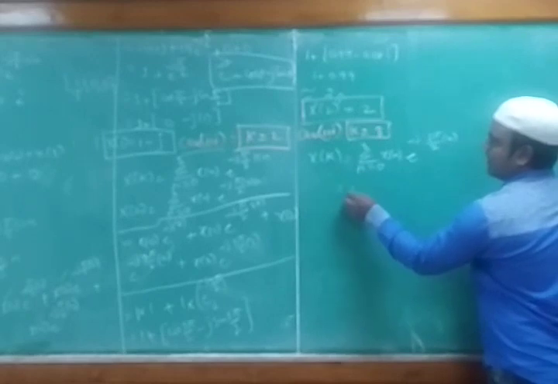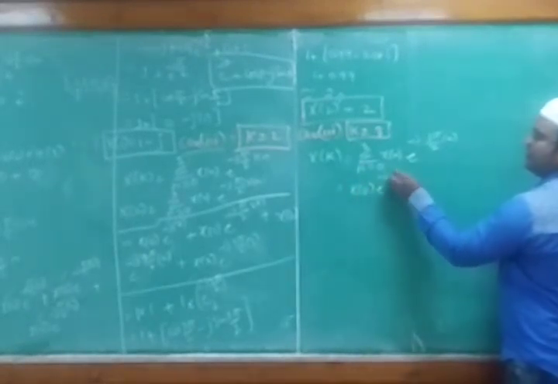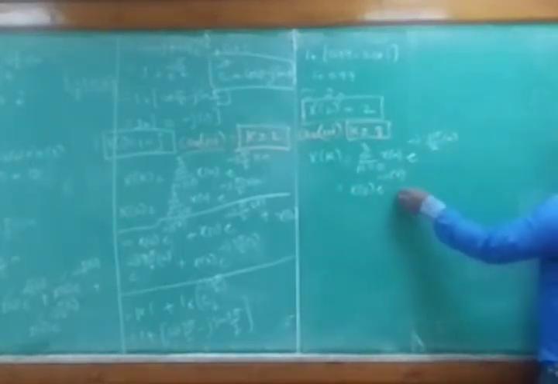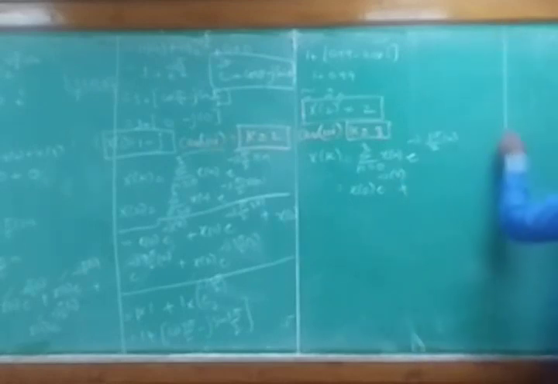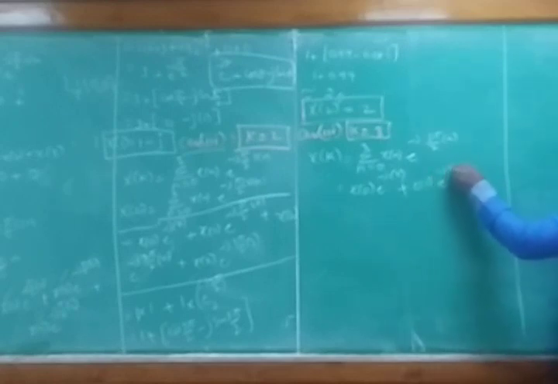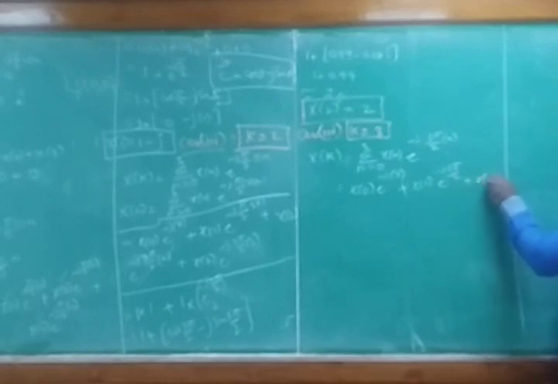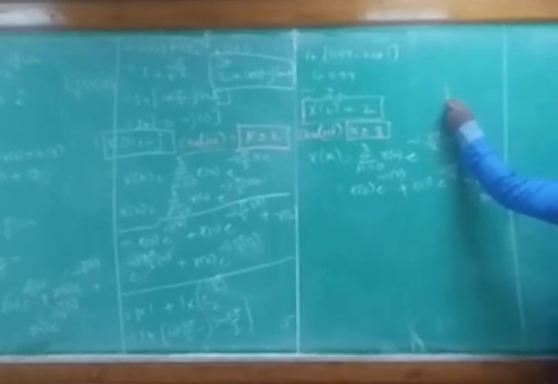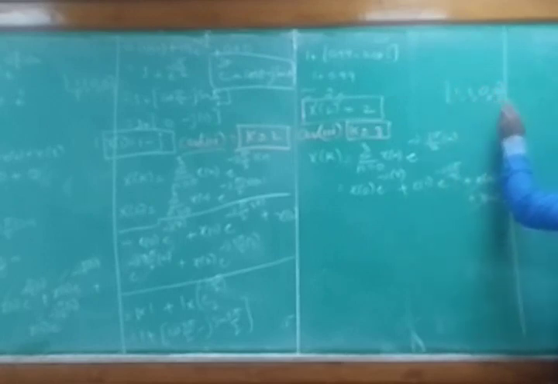So we got x of 0 e power minus j into all thing will be 0, plus the next number I do get like this, x of 1. So you can get x of 1 into, what is the value of this one? e power minus j 3 pi by 2, plus x of 2 will not find because x of 2 and x of 3 are anyhow 0. So this factor we will not write because this is 0, this is 0 as per our sequence. What is the sequence? 1, 1, 0, 0. This you need to keep in your mind. The sequence is very important. If you know the sequence, you can solve the problem.